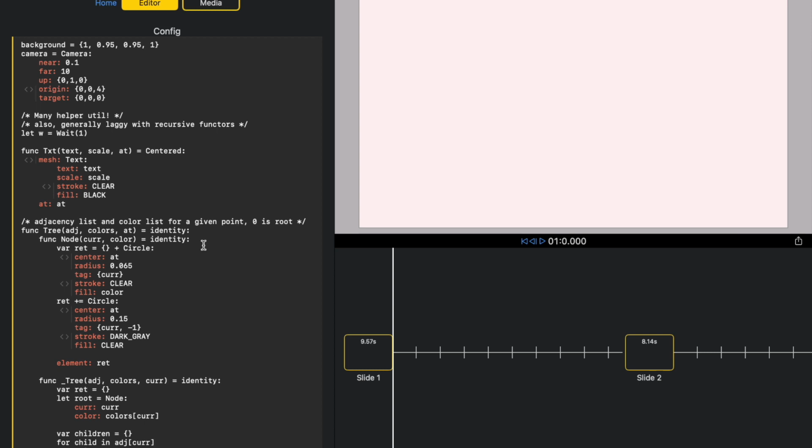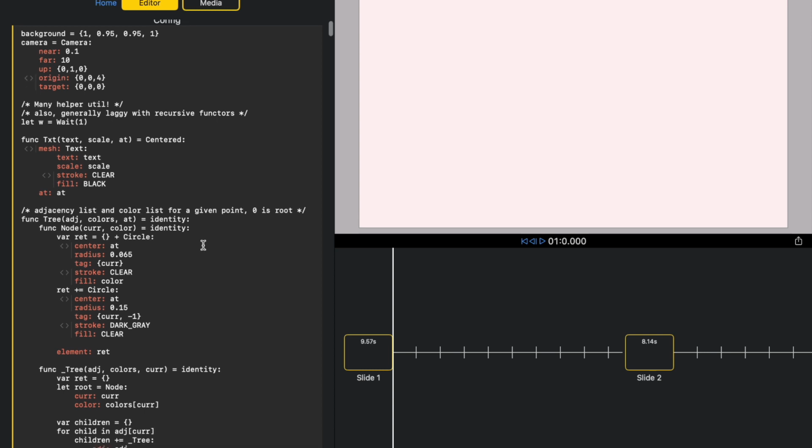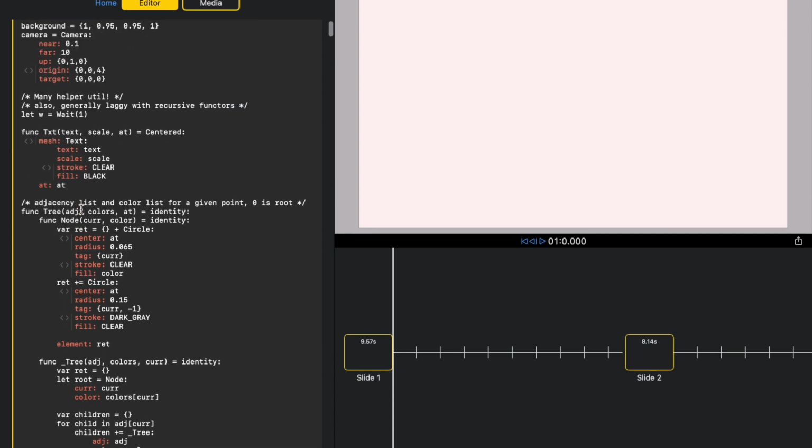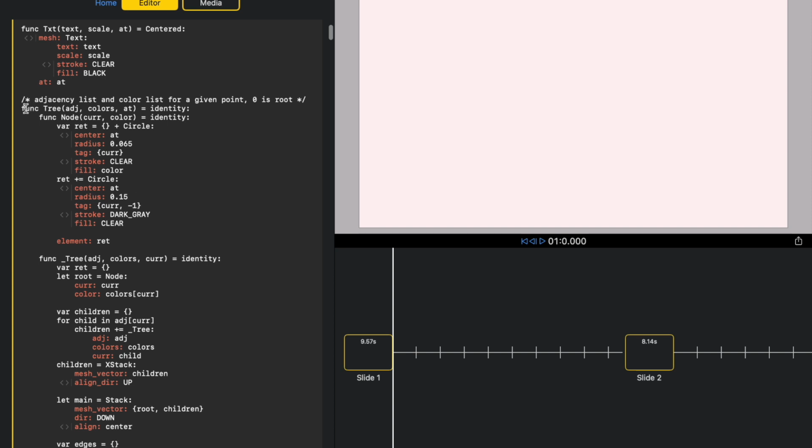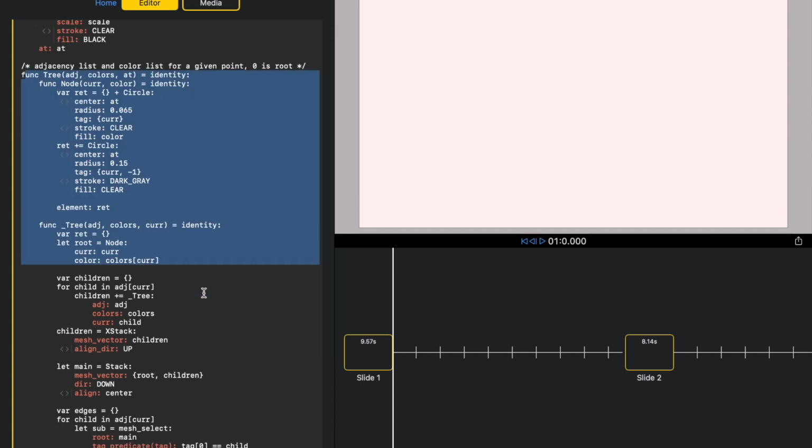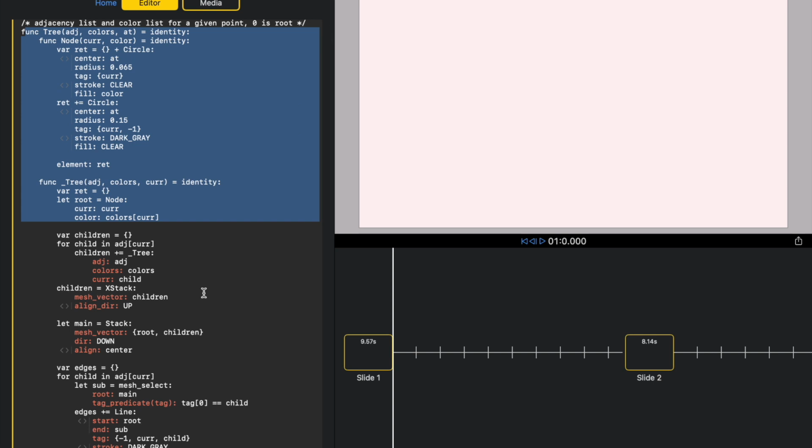Nevertheless, I think this does highlight some cool things you can do. Okay, so for helper, utilities, config, all that sort of stuff, we have the tree class or tree functor. This is going to be very, very useful. This is at the heart of our scene. So when we're designing this, we definitely want to put a lot of attention to make sure that this is